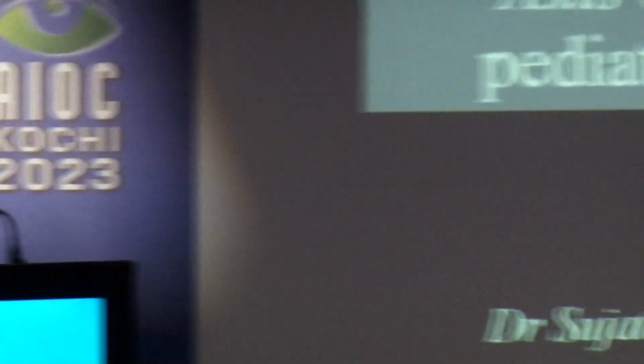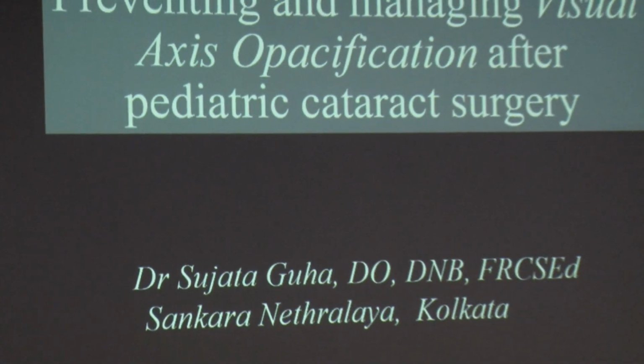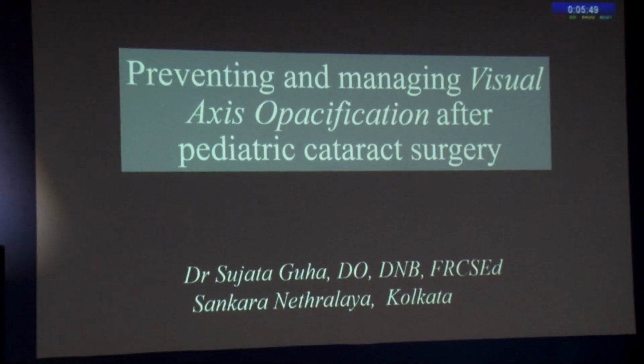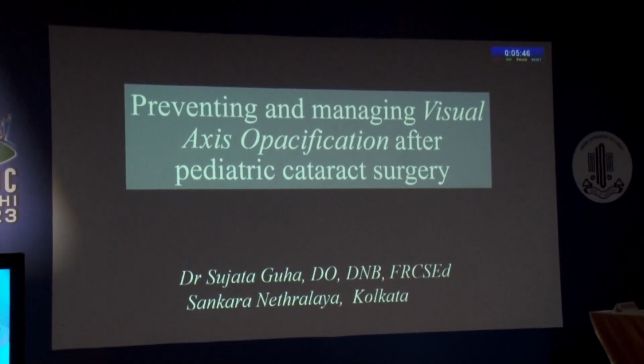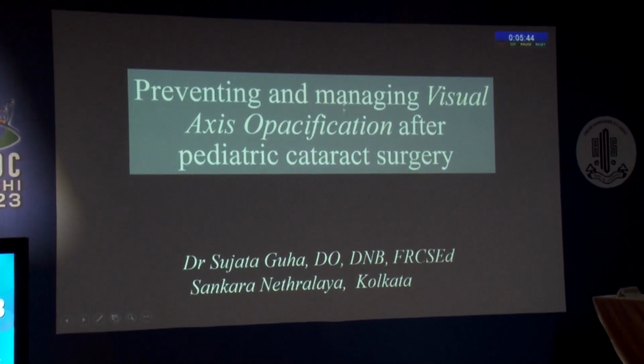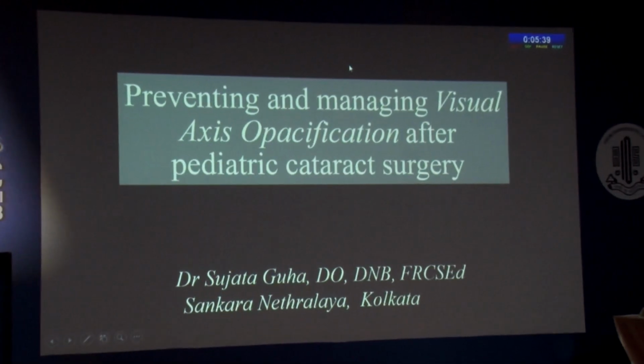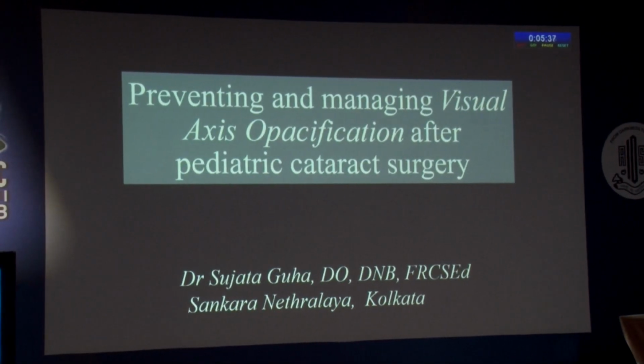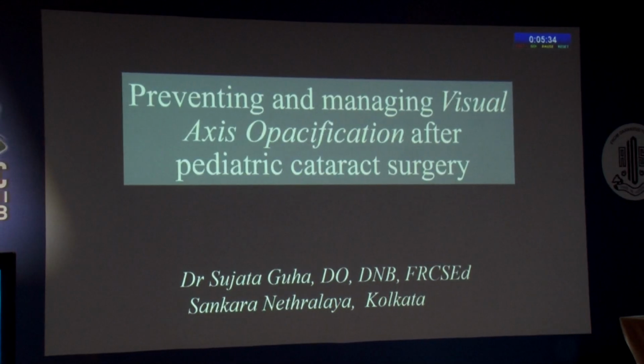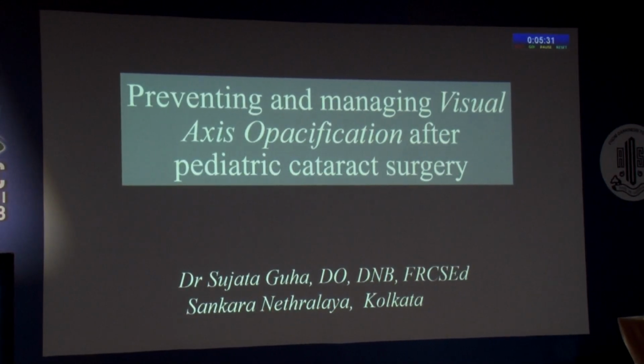Visual axis opacification is one of the most common and important complications of pediatric cataract surgeries. If you leave the posterior capsule intact, the opacification rate is 100%. If you remove the posterior capsule and retain the anterior vitreous or the anterior hyaloid, the opacification reduces by 60%. And if you remove both the posterior capsule and the anterior vitreous, the visual axis opacification reduces to 6%. So with this background,